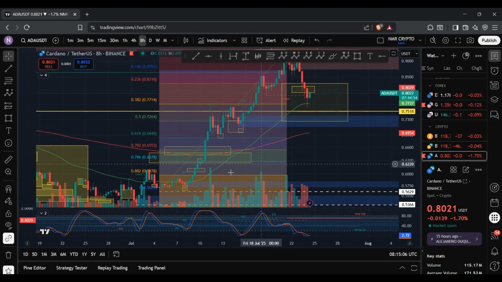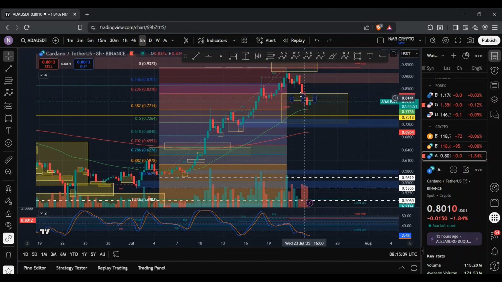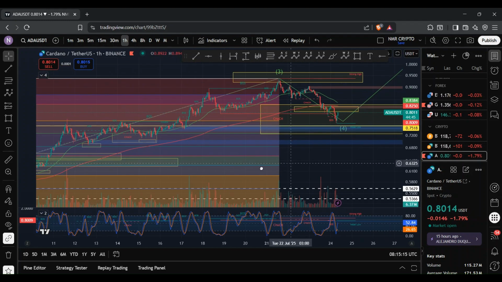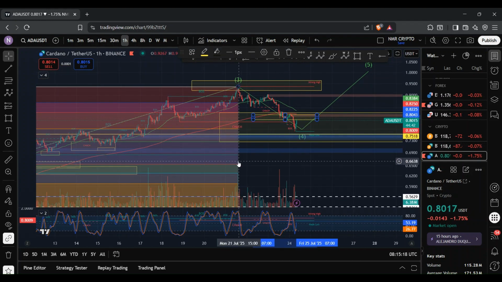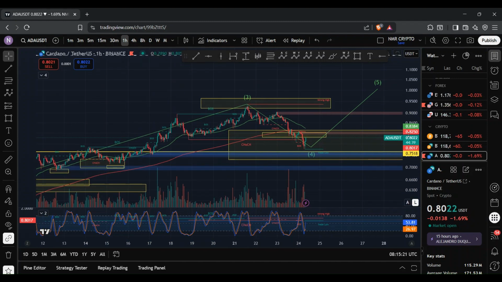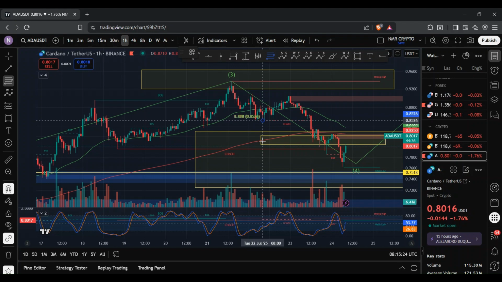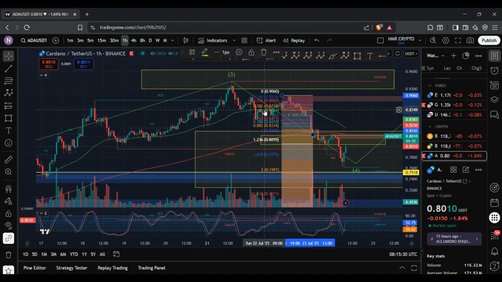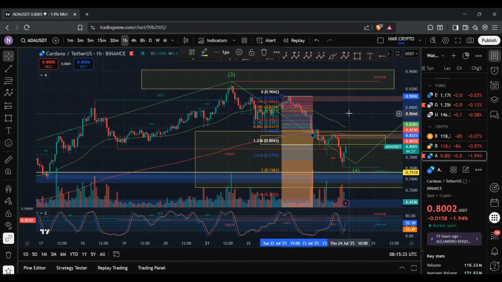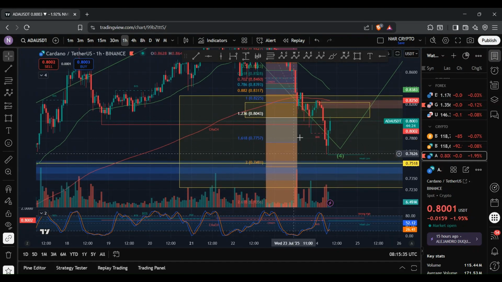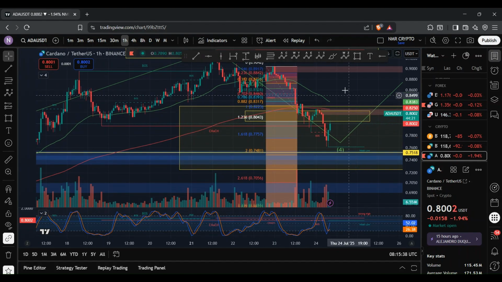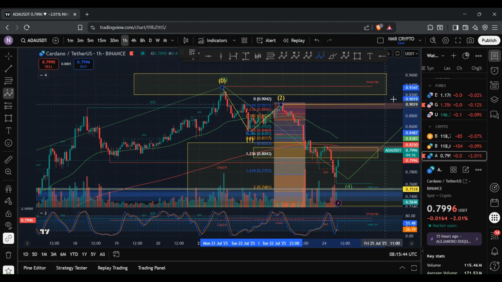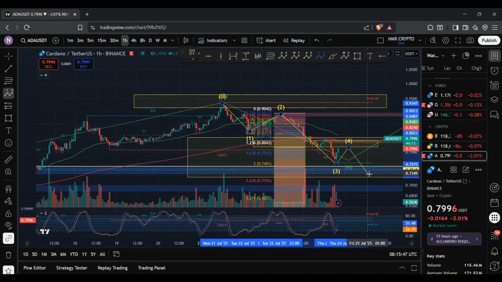If we fail to do so, then it's possible that we end up completing the move to the upside and we see a deeper retracement to the downside. And so, in fact, if I go to the hourly chart, what you can see is, given the fact that we breached this region here, it's possible that we have a 5-wave structure in play. So if I bring in the Fib tool and bring this to you over here at 90.42 cents, here you can see that the 1.618 level was breached. And so it is possible that we have a 5-wave structure forming, where this is wave 1, wave 2, wave 3, wave 4, and wave 5.